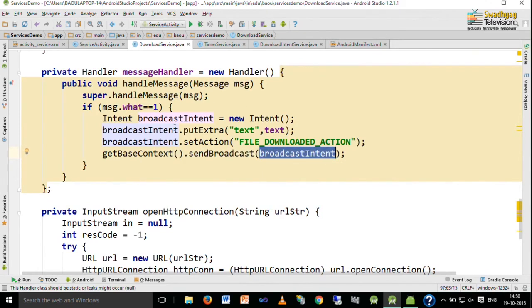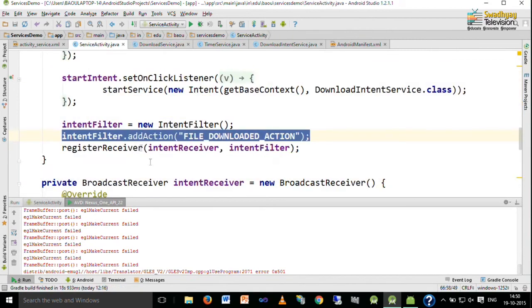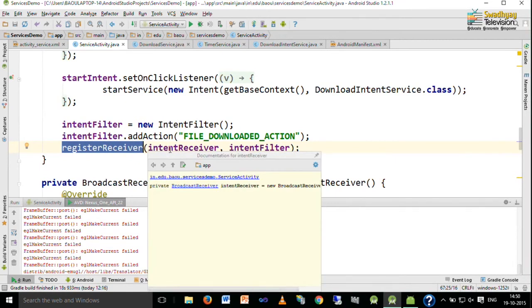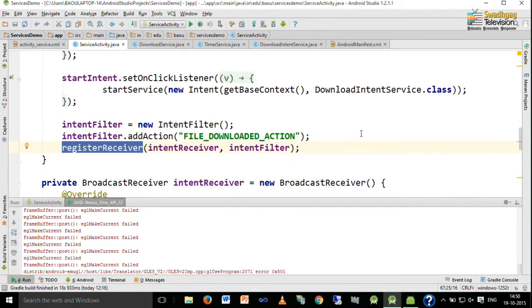So, when this intent finished, we have registered this receiver with the intent receiver and with this intent filter.